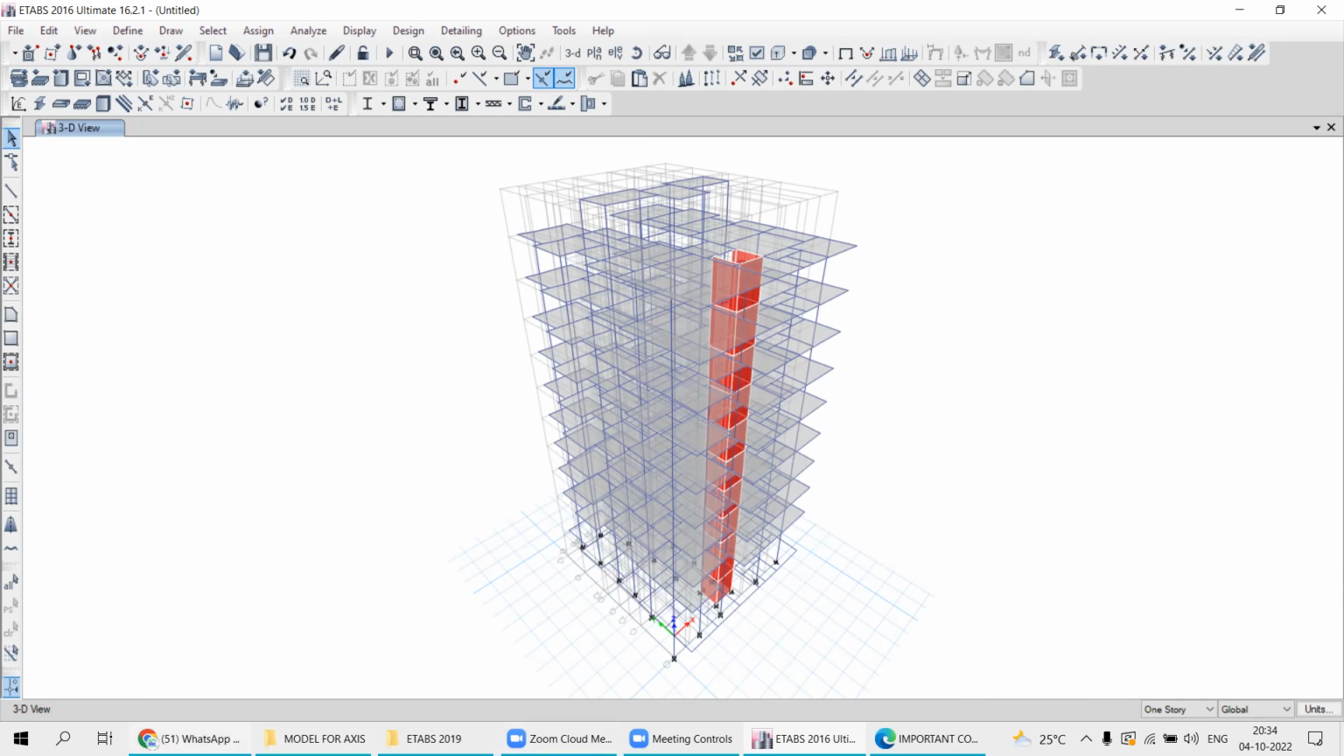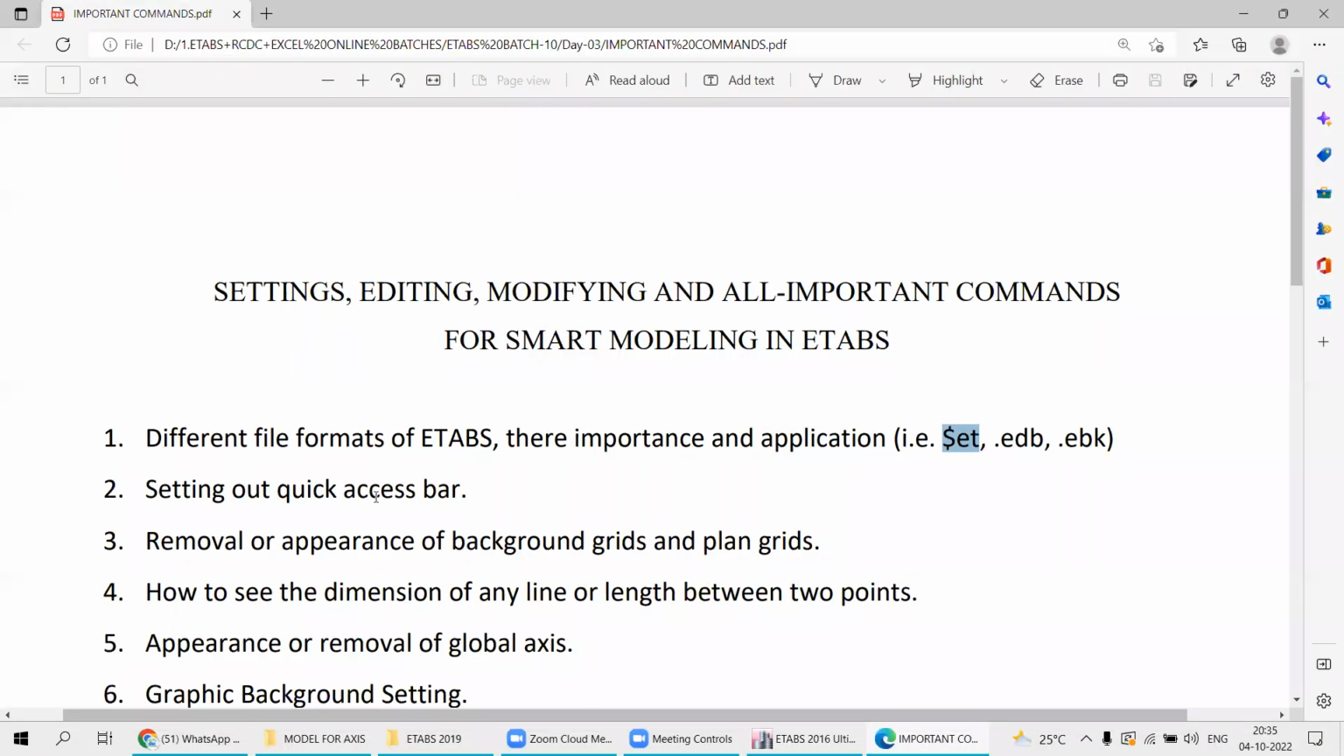Okay, so this is the first point we have covered, the different file formats, their importance and application. Okay, setting of quick access bar, very interesting. Setting of quick access bar. Come back to your ETABS,